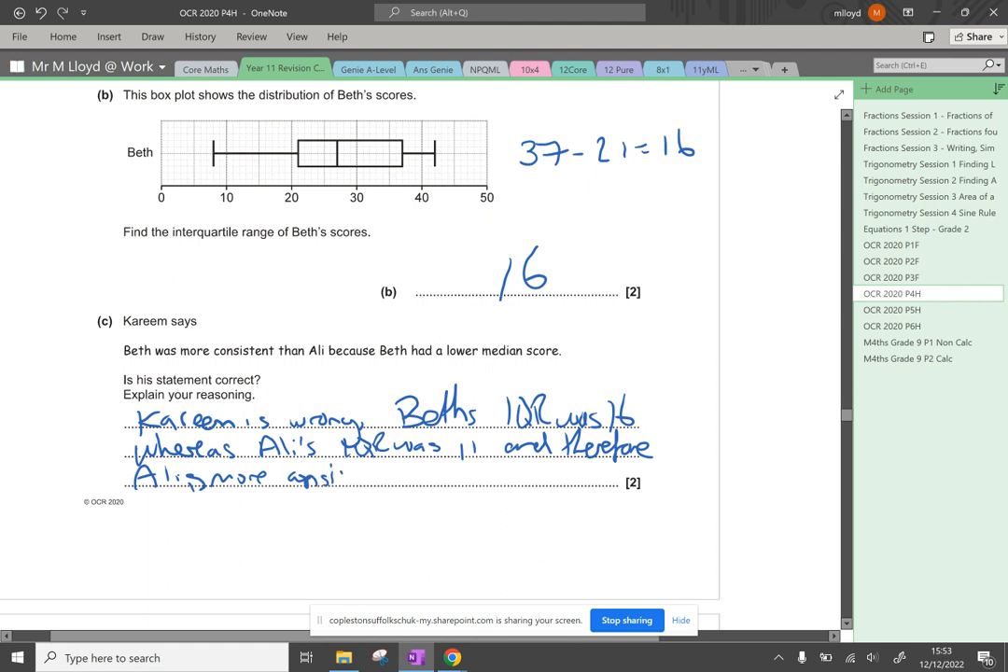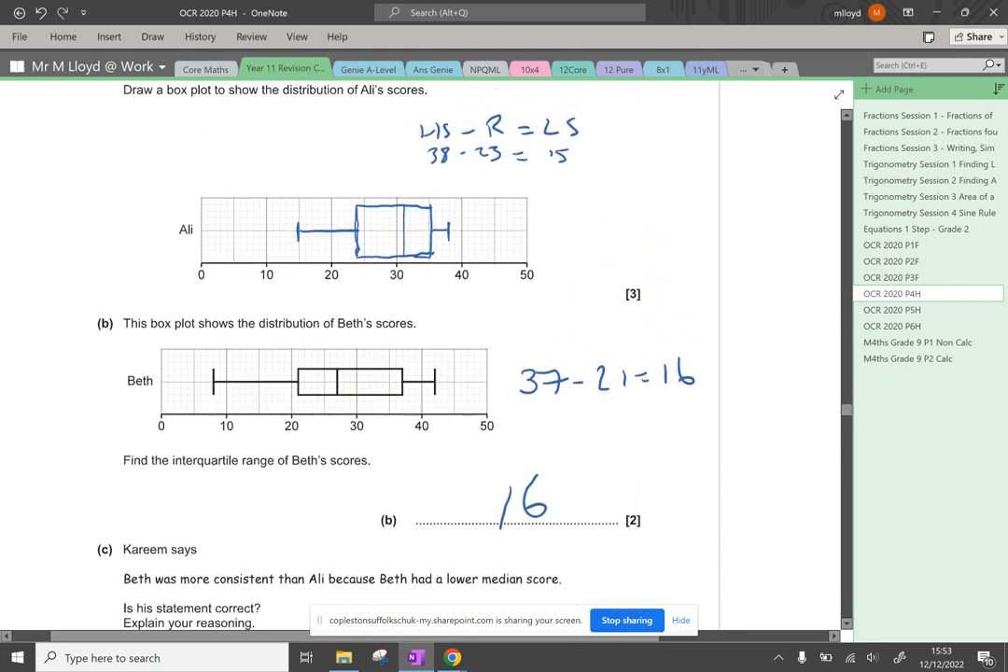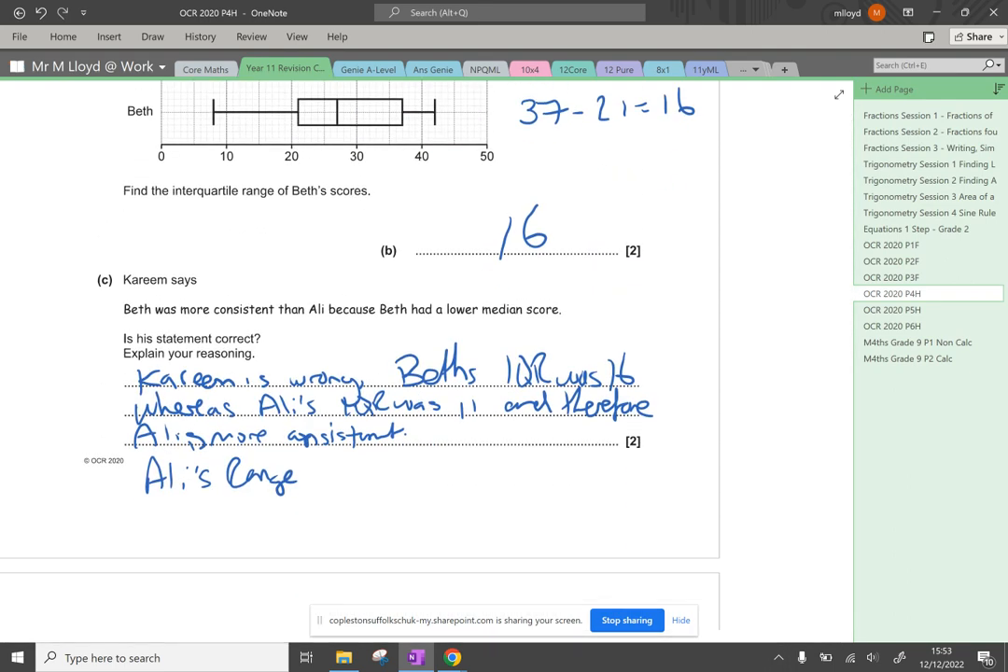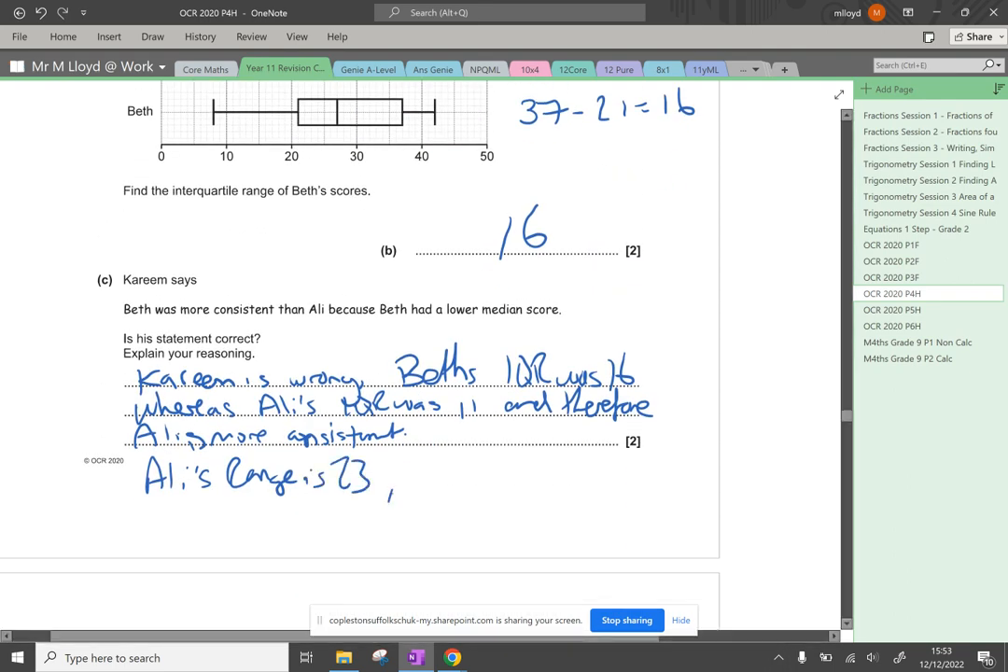Oh, spelling, consistent. Right, and then I'm also going to say Ali's range, and you'll fit it on because you'll be able to write properly on the paper. Ali's range is a lot smaller, isn't it? Ali's range is 23. Beth's is 42 take away 8, which is 34. Got to remember my apostrophe. Beth's is 34, also indicating